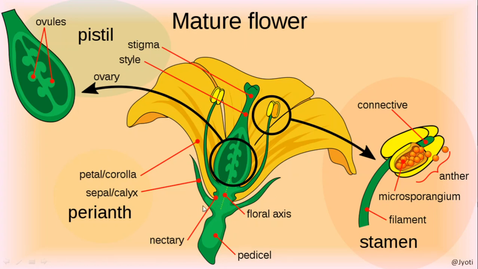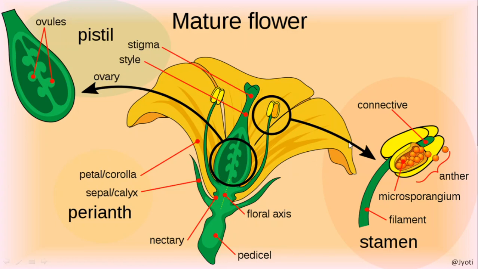Then inner to the calyx, the corolla, which is usually colorful, but in some cases it is colorless also, or you can say white in color. That is called corolla, and its individual structures are called petals, and the individual structures of calyx are called sepals. Then these two parts, the calyx and corolla, are the vegetative parts of a flower. But the two other parts, which are the most important parts of the flower, are the female reproductive part and the male reproductive part. The male reproductive part is called androecium, whose individual members are called stamens.